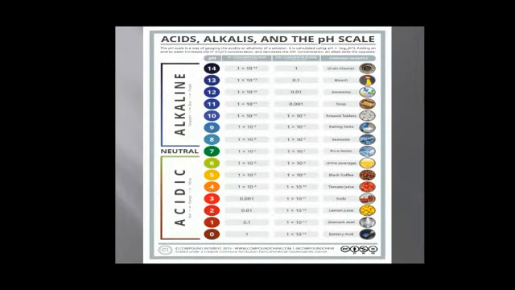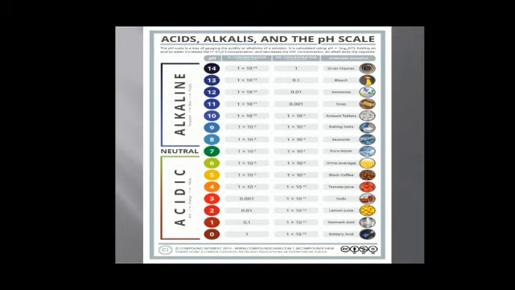You can see on the image at pH 7, which shows neutral with green color, pure water is kept. And you know very well pure water is neutral because the concentration of hydrogen ion is always equal to the concentration of hydroxyl ion. One more thing is clearly shown over here, that is the concentration of hydrogen ion in molarity, that is 1 multiplied by 10 to the power minus 7.